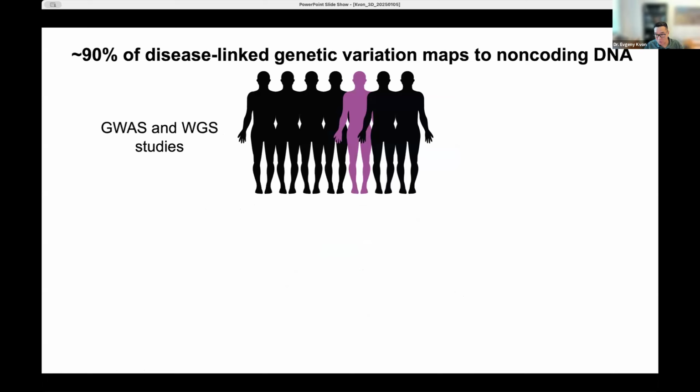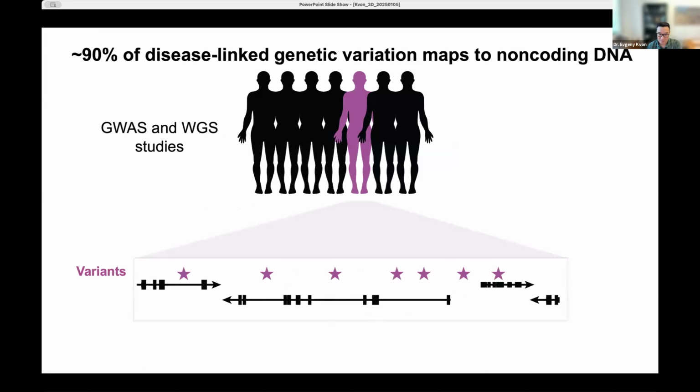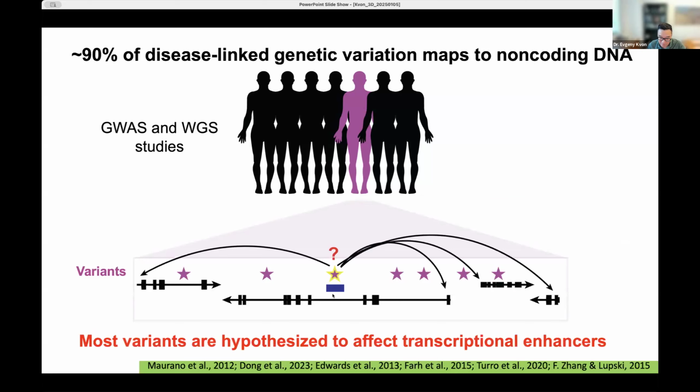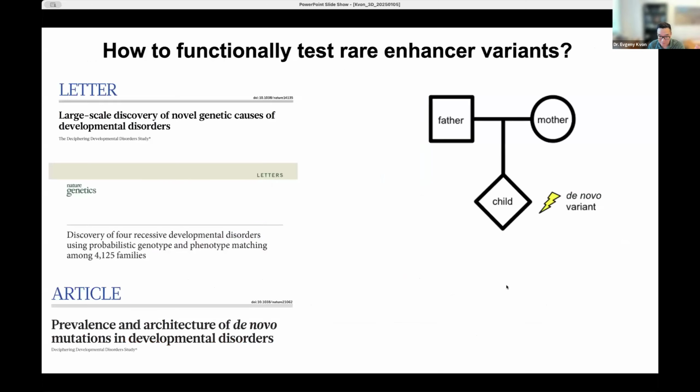So, okay, in the last short part of my talk, I want to address the following problem. As I mentioned in the beginning, 90% of disease-linked variation maps to non-coding DNA, not the coding part of the gene. Some of the variants, of course, disrupt coding genes, but many of the non-coding variants affect enhancers. And it's very hard to study them because we can't predict that. There's no computational tool. And then we don't know which gene is affected, and in which cell type.